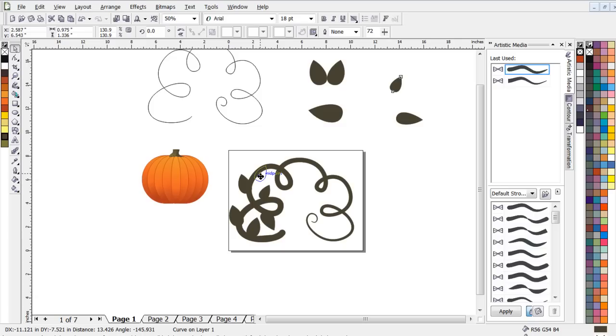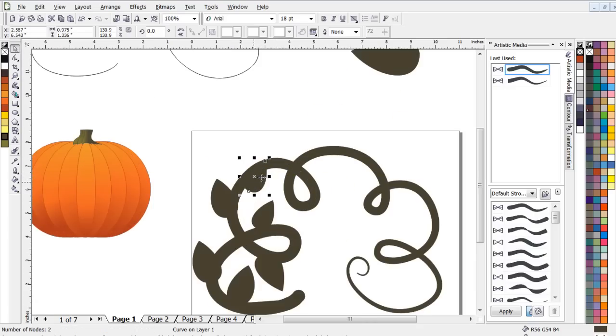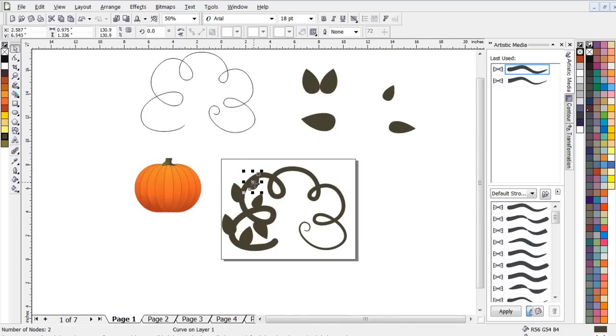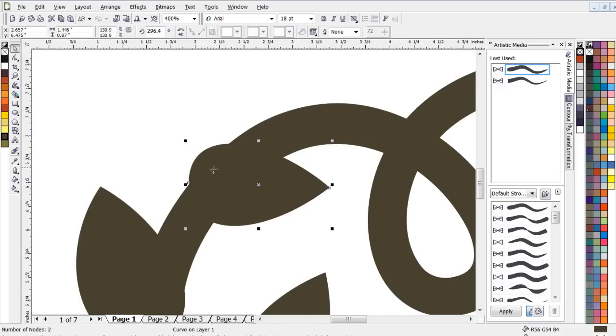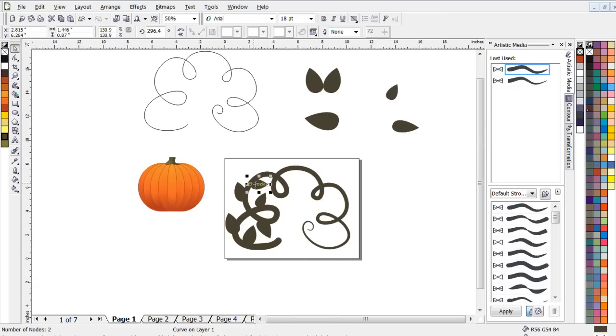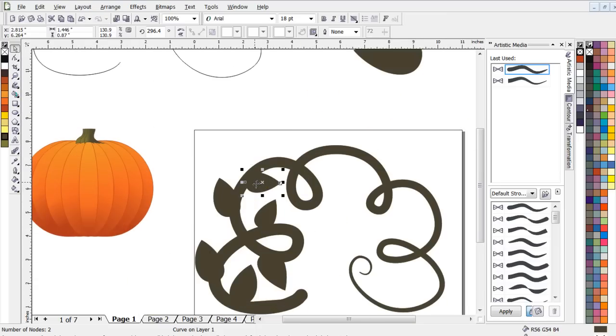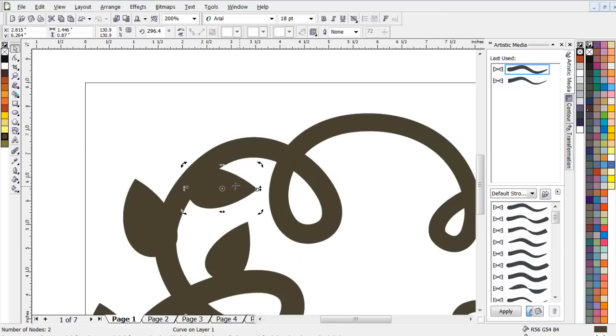Let me try a little one over here. And then the other thing you can do that we haven't touched on is, while it's selected, if you click on the X of the distortion box there, and you hover over these rotation handles, you can rotate this to any direction you want. Put that in there like that. And just work our way down